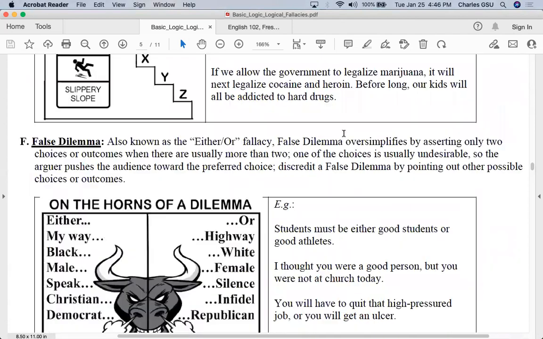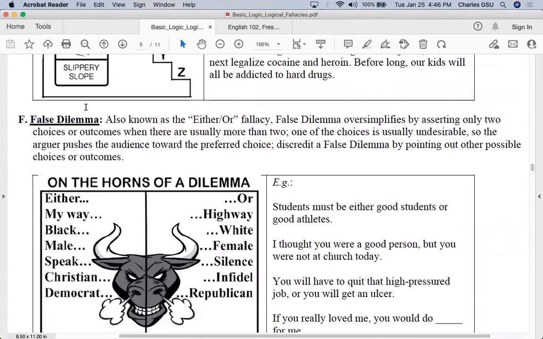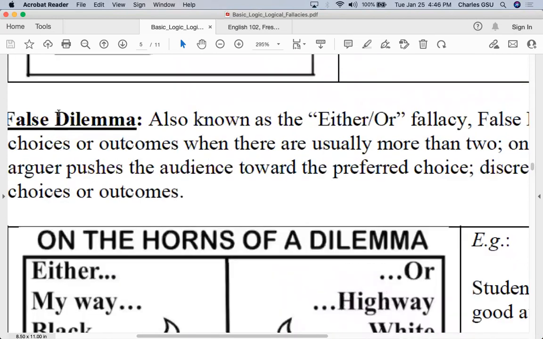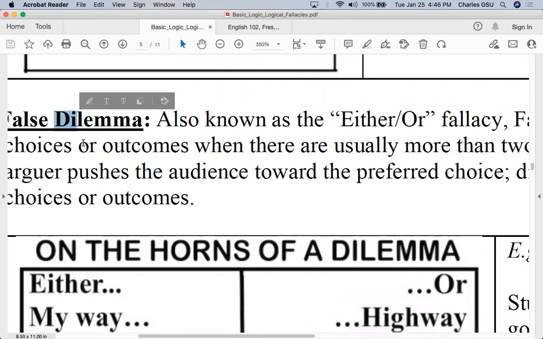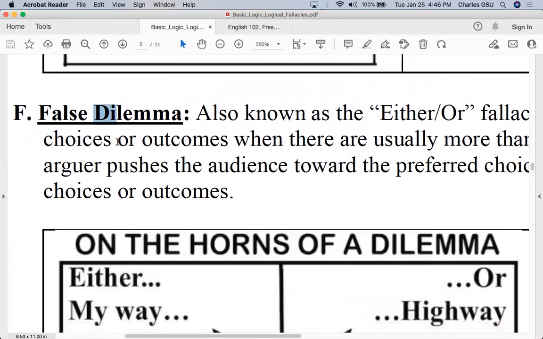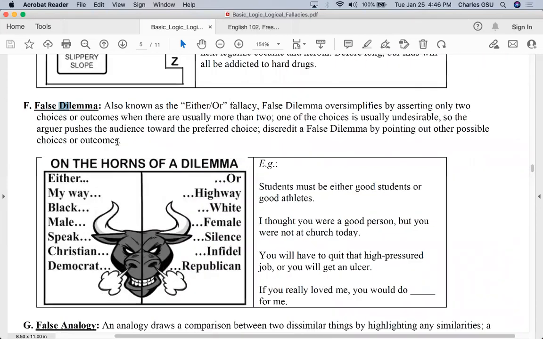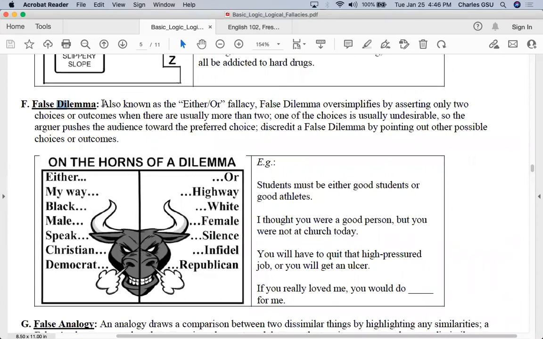Okay. Moving on to the false dilemma. A dilemma itself, think of the word dilemma, the prefix here, di, meaning two, like dichotomy, means there are two things, but in this case, there's a false construct of two things. In other words, there's typically more than two ways to look at it. We also call this the either-or fallacy